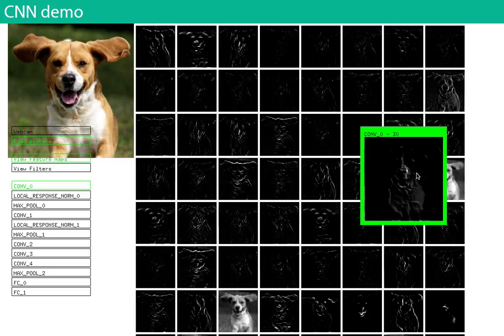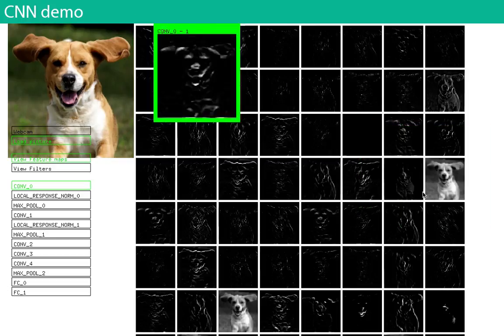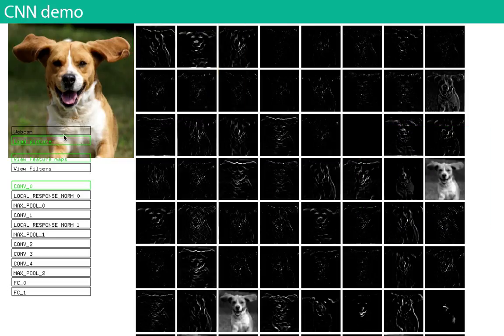This one is the 32nd filter. So it corresponds to, there's 4, 12, 36. I think it's this one right here. So this one,